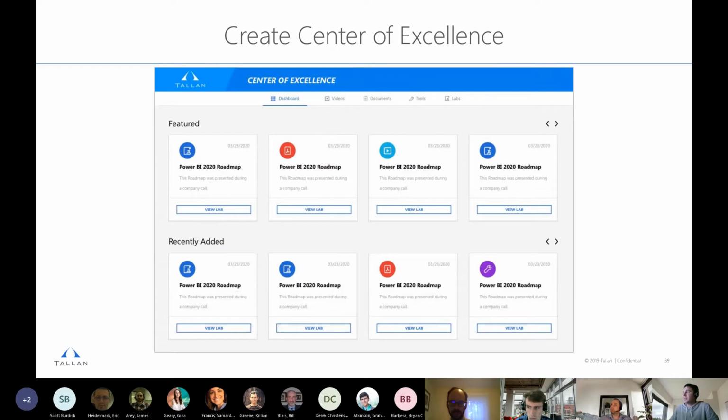And again, I mentioned that center of excellence. This is something that I created for Talon, actually. It's our hub, it's embedded in Microsoft Teams, and it's our curated set of training materials. So what we can do is, within this data analytics team we have, our center of excellence, people can rely on this team to see what the latest and greatest is in Power BI. It's kind of like a Netflix where they can go and select their training. It's just our way of exposing that content and keeping everybody up to date on the materials.